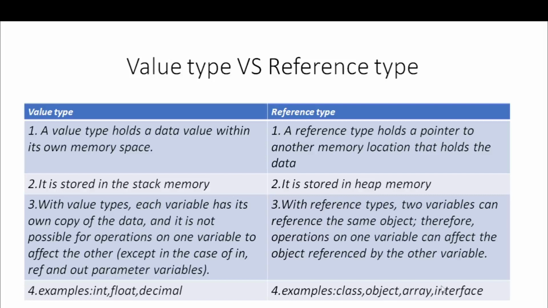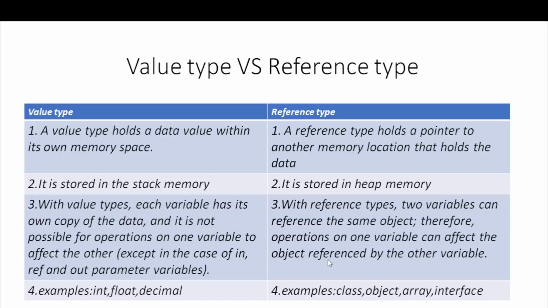The second one is that value type is stored in stack memory and reference type is stored in heap memory. Both are memory of the RAM. Now, the third difference is that changing in one place will not affect the other method, because it always creates a new copy, as I showed in the example that we have seen earlier. Whereas with reference type, two variables will point to the same data, because it just passes the address of it, and hence changing in one method will affect the data in another method.